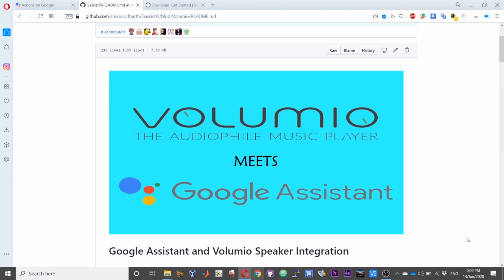Most of you would already be aware of Volumio. If you are new, never mind. I will cover the Volumio setup process for the sake of the newbies. And if you are one among the many who know what Volumio is, from the timestamps you can just skip the Volumio setup part. Okay, so let us get started.